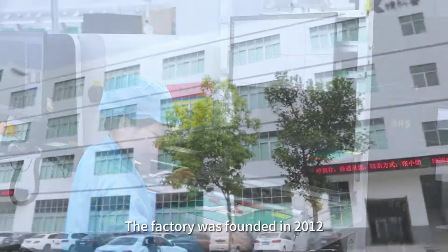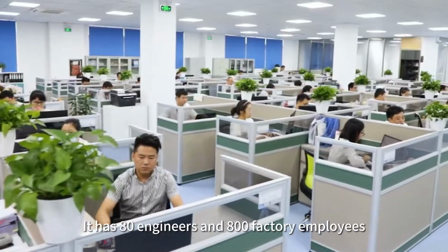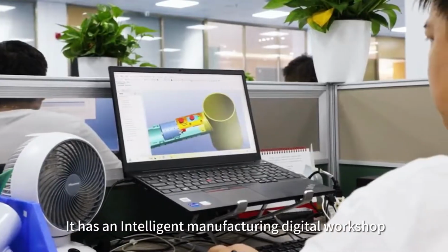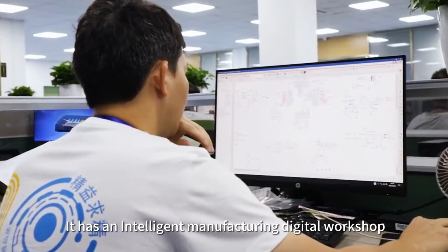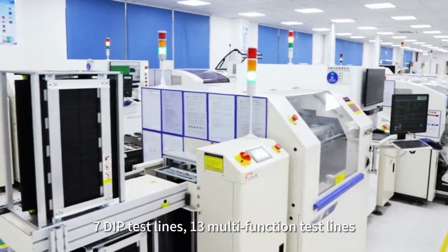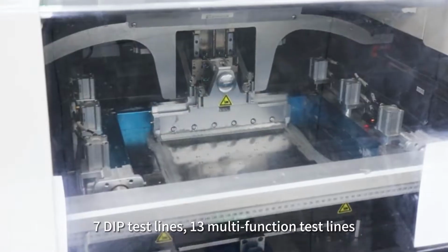The factory was founded in 2012. It has 80 engineers and 800 factory employees. It has an intelligent manufacturing digital workshop, 13 SMT patch processing lines, 7 DIP test lines, 13 multifunction test lines,